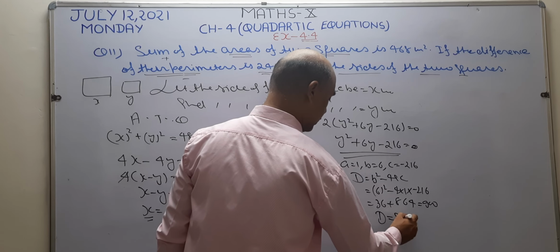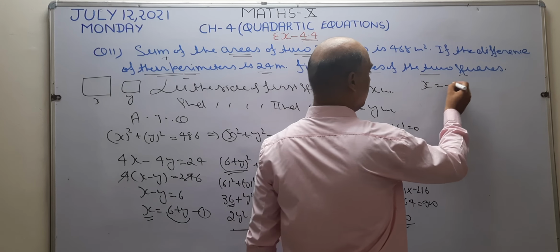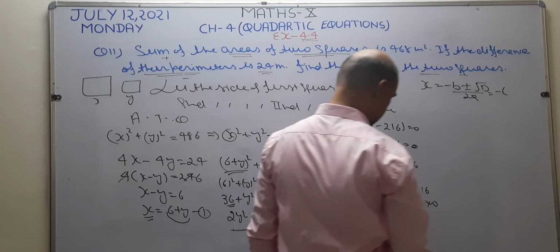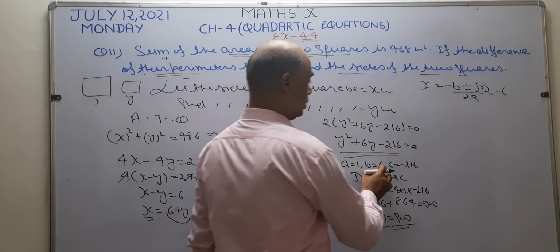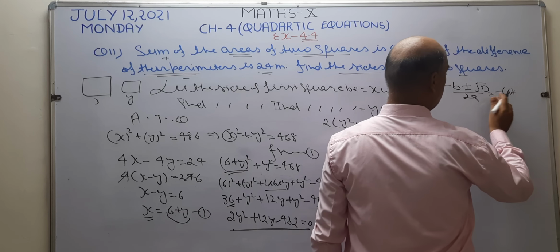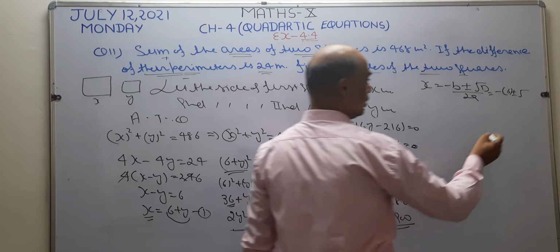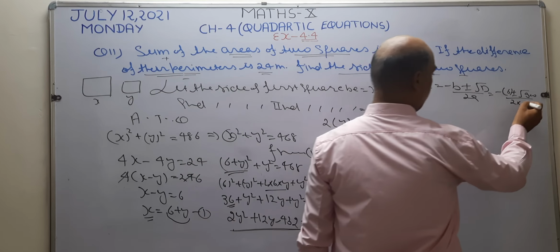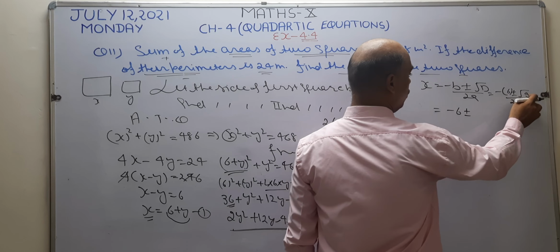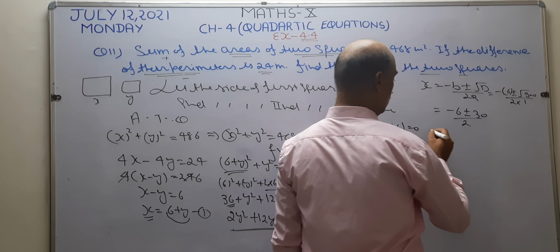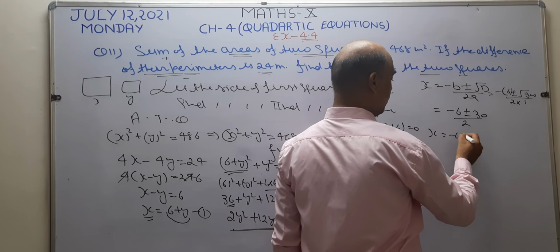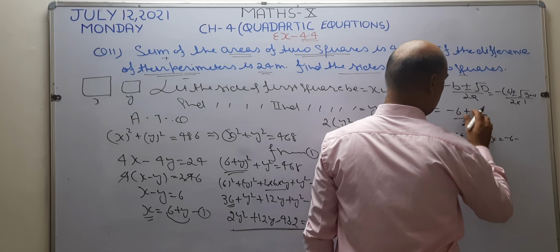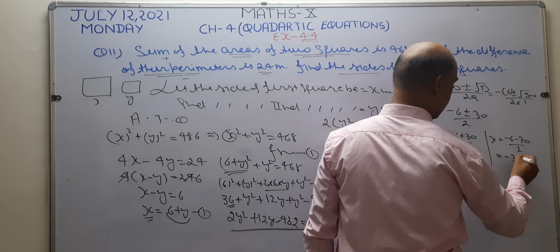So D becomes 900. Now I am to use the quadratic formula, which is minus B plus minus root D upon 2A. So what is B? B is 6. Right here 6. After that plus minus sign is there. What is D? D is 900. So right here 900. After that 2 into A. What value of A is 1. So this becomes minus 6 plus minus root of 900, which is 30, upon 2 ones are 2. I take positive sign between these two numbers first. After that, I take negative sign between these two numbers, because plus minus sign is there. So this becomes minus 36 by 2.